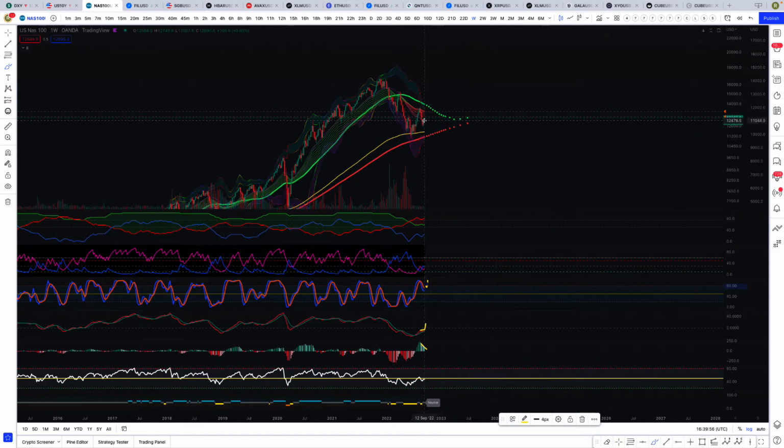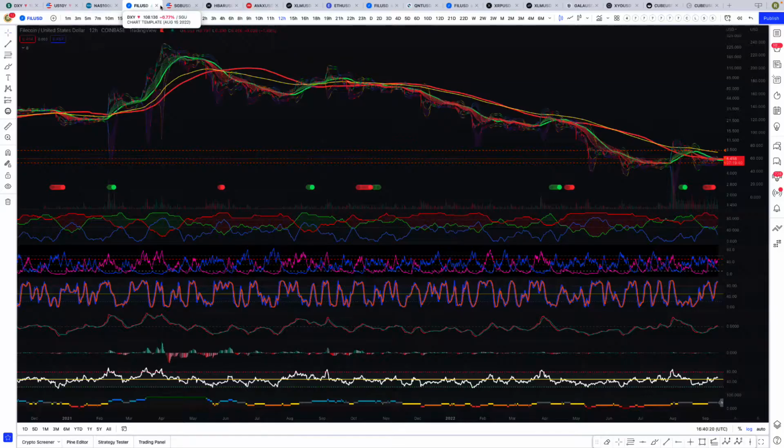And then it's likely we'll retest this level up here. That's the key level. We need to get above 13,000 or like 14,000. And then we'll be well on our way. To the downside, we definitely want to hold that $11,200 to $11,500 area. Those are the key levels, if I were to say. So that's what we're going to watch. If we break down from here, it's not going to be good. If we break up from here, it's going to be great. So that's what we're watching.